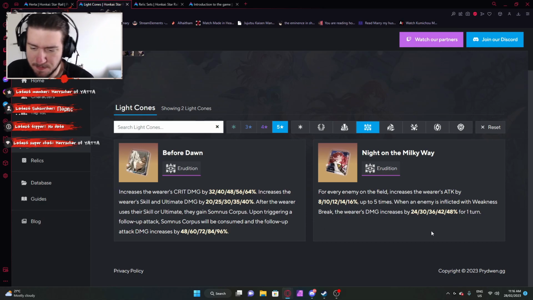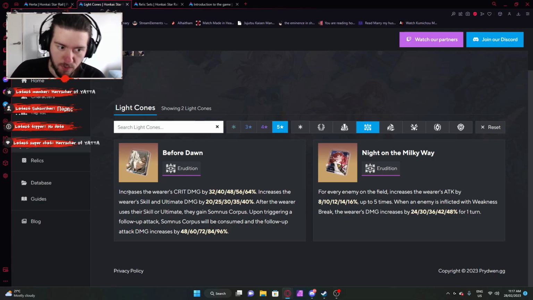But there's a second part. When an enemy is afflicted with weakness break, the wearer's damage increases by a further percentage for 1 turn. It's very situational. It's very diminishing in return the longer the fight goes on. Obviously, if you're just using Erudition characters, you would be killing them all at the same time because you're hitting every character with the same numbers. But still, you lose value as the fight goes on, compared to the other one, Before Dawn, which